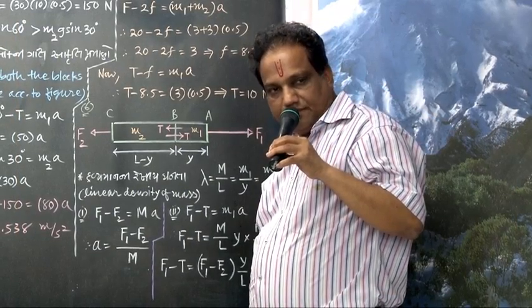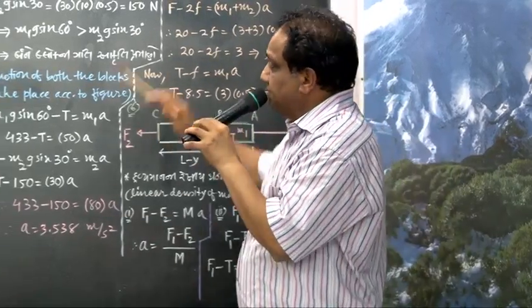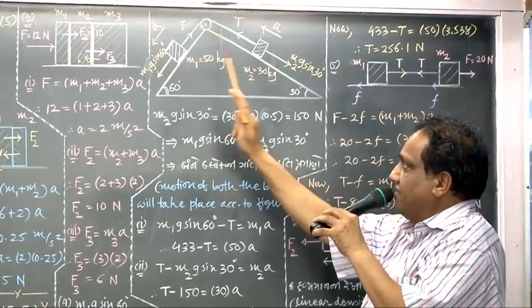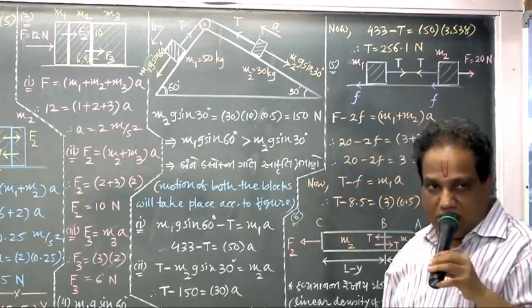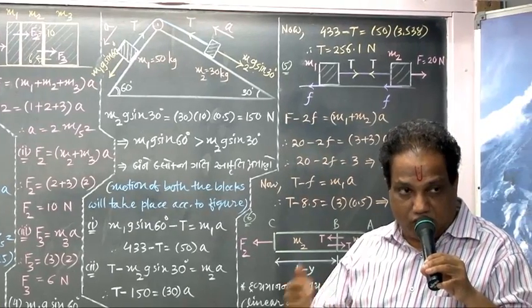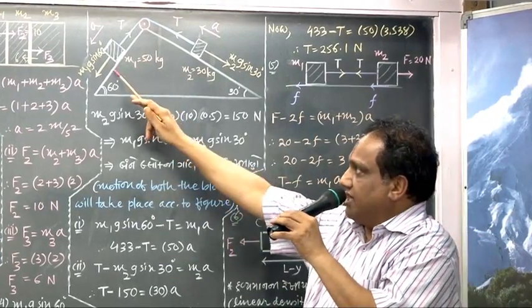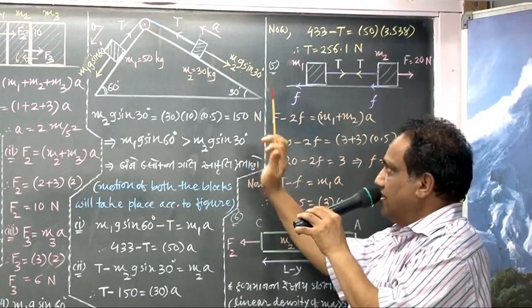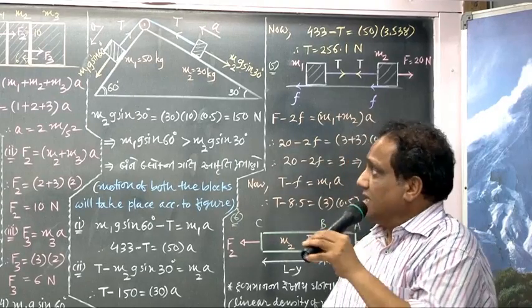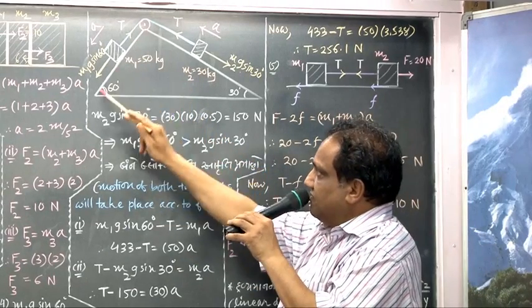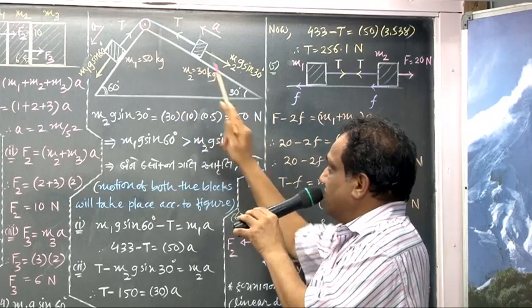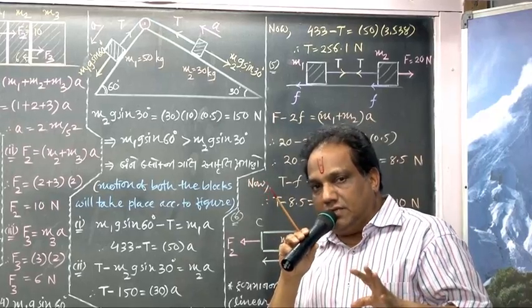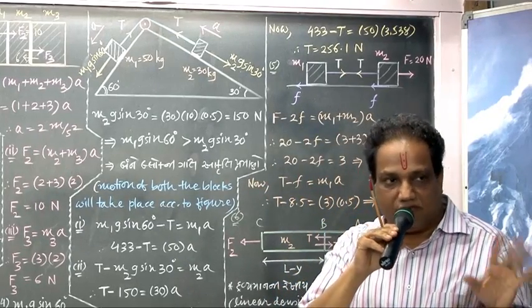Look here. We have a specific slope having left and right faces with different angles of slope. Left face has a 60 degree angle of slope, right face has a 30 degree angle of slope. We have both the faces frictionless. So these two faces are frictionless. Whenever a frictionless surface is there, you should not consider any frictional force, correct?